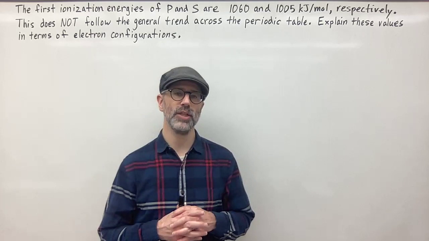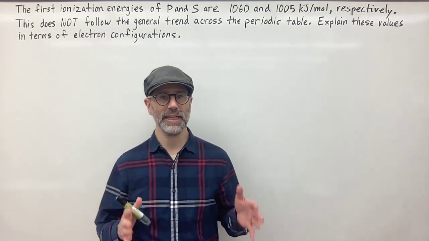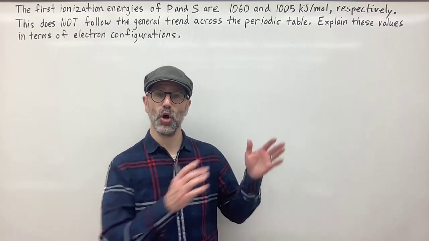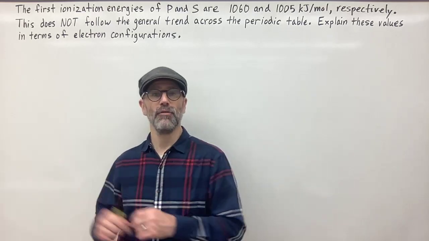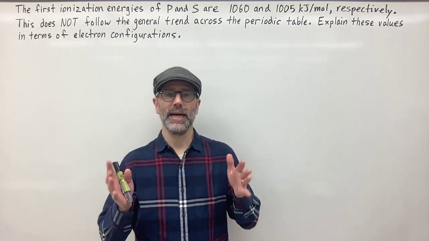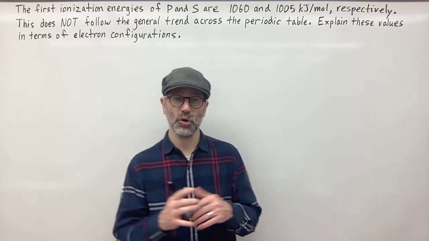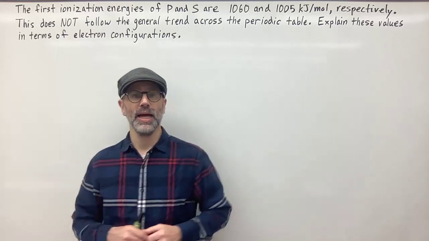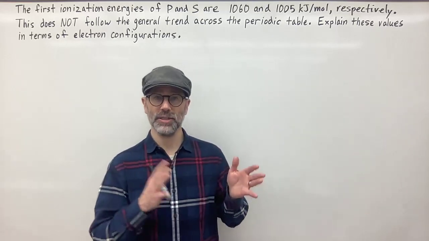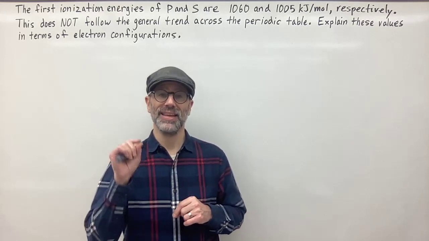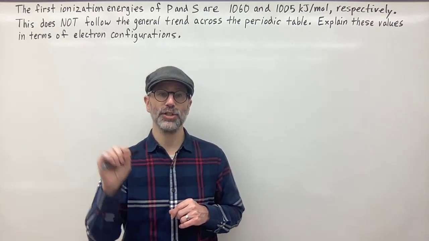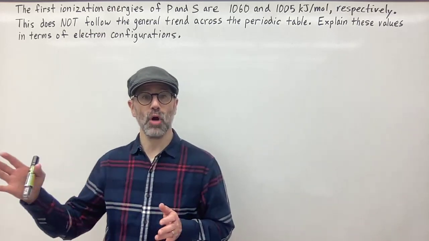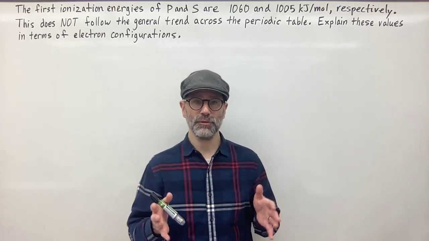Okay, so the first thing I want to talk about is what exactly is the trend in first ionization energies as you go across the period from left to right. And the trend that you should know is that as you go from left to right, the first ionization energies, meaning the energy that's required to remove the first electron, increases as you go across. And the reason for that is